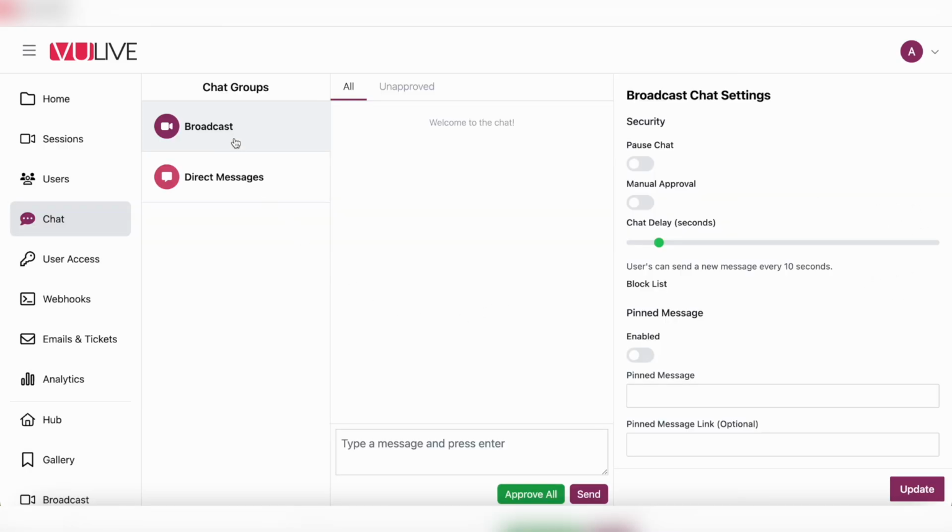Starting on the left, you will be able to select between different chat groups. We will be focusing on the broadcast group, which will allow us to moderate the chat that people will see on your broadcast page. The direct messages group, on the other hand, is for internal communication between your event moderators. Now, in the center of the screen, you will be able to see the live chat as it is going